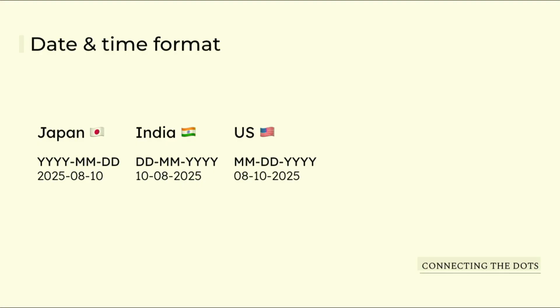Now talking about another important aspect of localization, we have date and time formats. I don't know about you, but I find it really challenging to work with dates and times in JavaScript. For instance, this is how dates are generally written in Japan and also in Taiwan, I believe. But this is how it's written in India, which is very different and could be confusing if your application is not properly localized. And this is how it's written in the US.